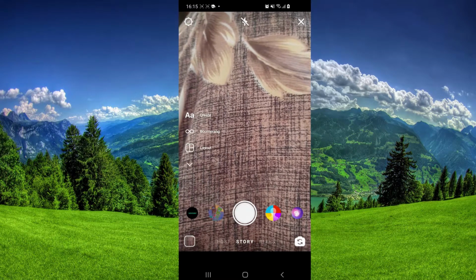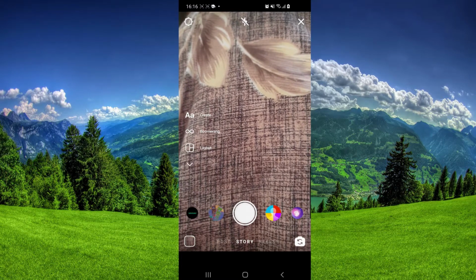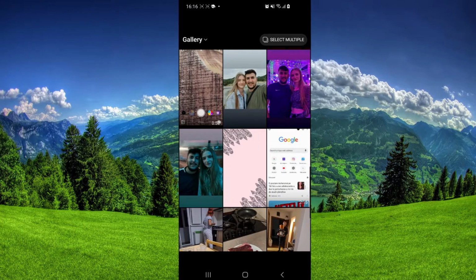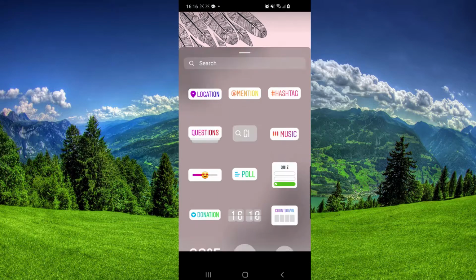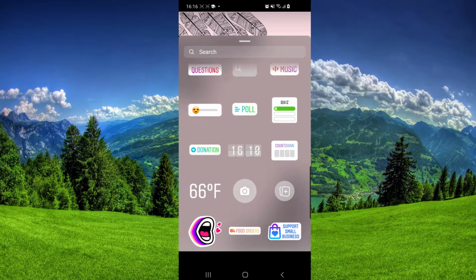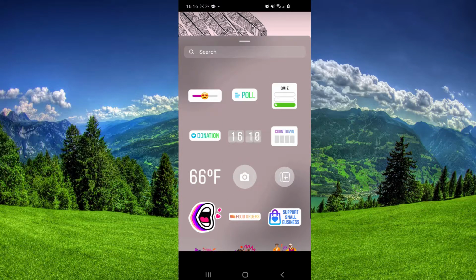So from here you want to select a nice background. So go to upload, and then from here choose your background. So I will go to this one, and from here you want to go to stickers, then scroll down, and next to camera we have this icon which is plus. So here we will select the photos that we want them to be in different shapes. So click on that